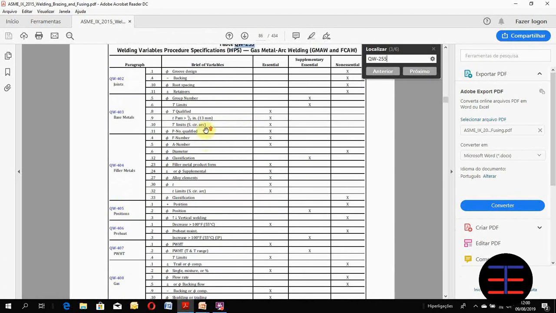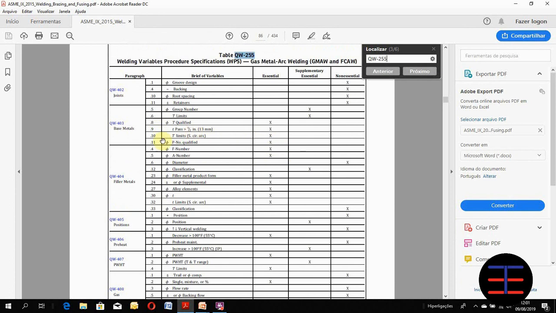So we're going to address each of these variables. First variable, thickness qualified. We're going to see the paragraph, which is QW-